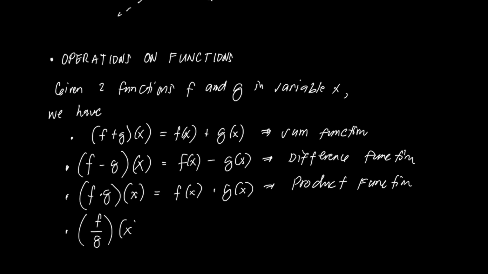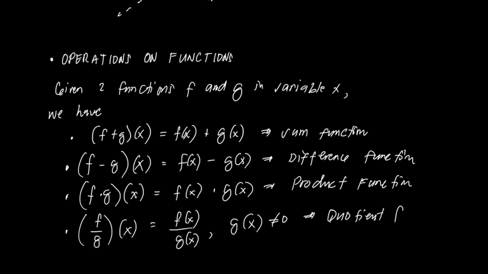And also we have f divided by g of x is just f of x over g of x, where g of x is not equal to 0, and this is our quotient